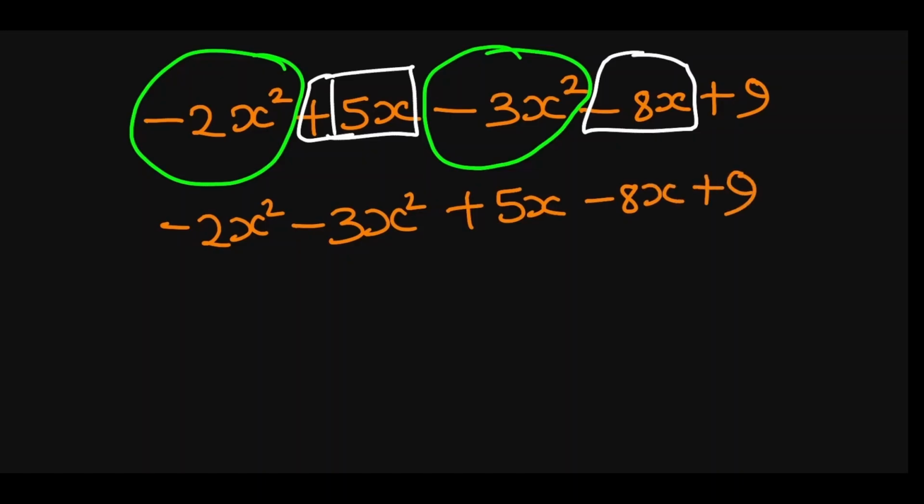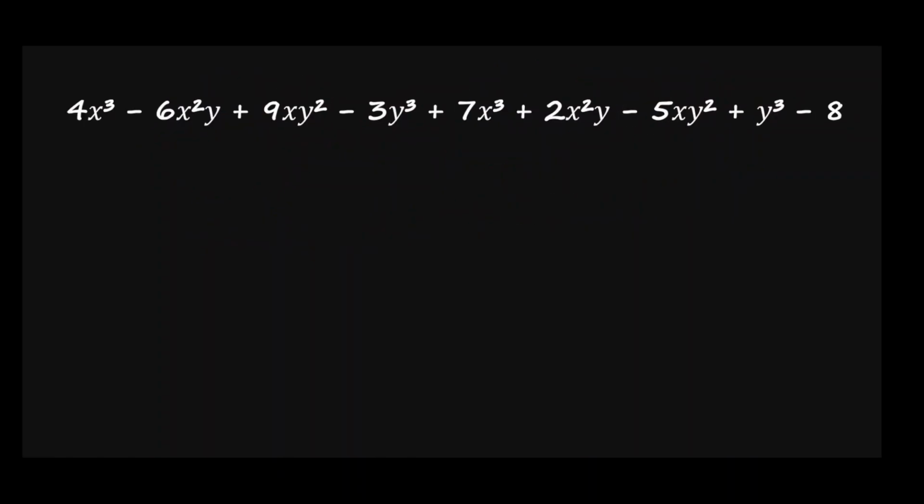Let's take another example. Okay, now this is a slightly harder one. So the first thing we'll do, we look at all the operators. Are they siblings? Yes, they are all siblings. Just plus and minus. The next thing we will do is to start grouping the terms. The more you do this, the faster you get, because you'll be able to do it in your mind, or just as you are writing it, you'll be doing it. But since we are still learning, let's take it slowly.